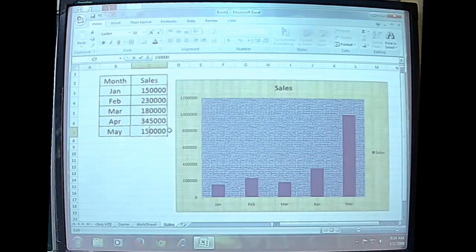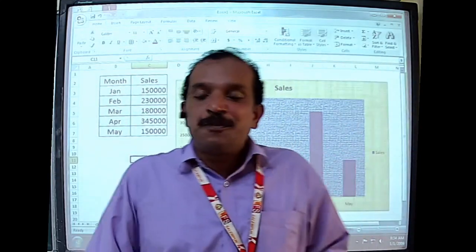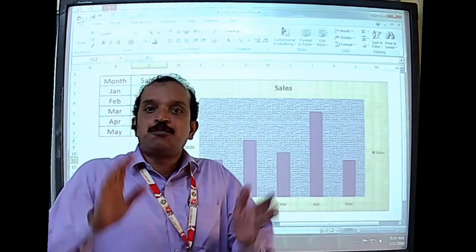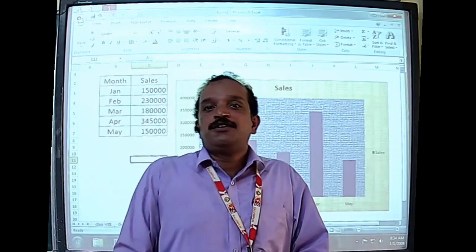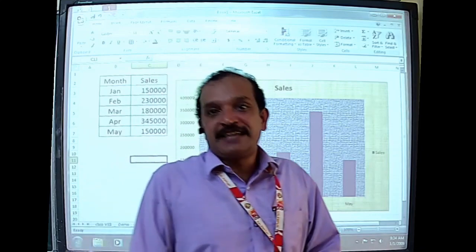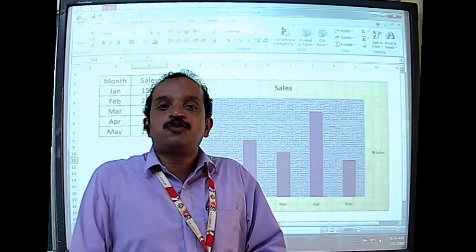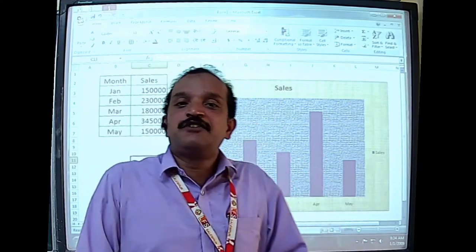This was actually what our second chapter was all about, including the creation of a chart. As part of this second chapter, we got ourselves introduced to the use of a spreadsheet through MS Excel, and we have seen the various components of MS Excel, as well as the various components of a workbook and a worksheet.